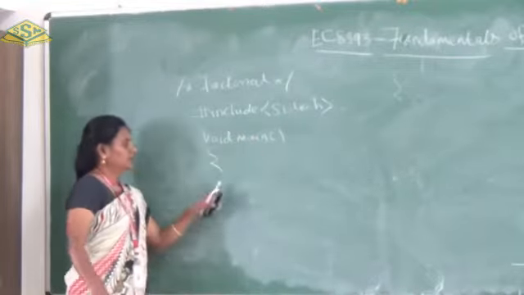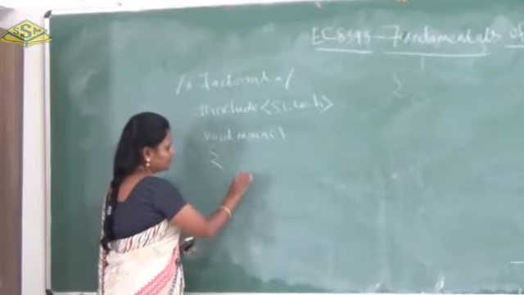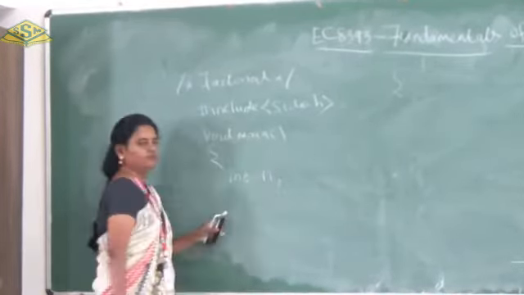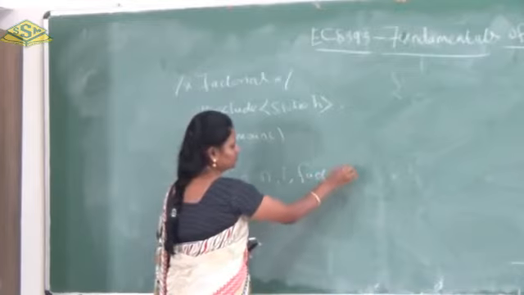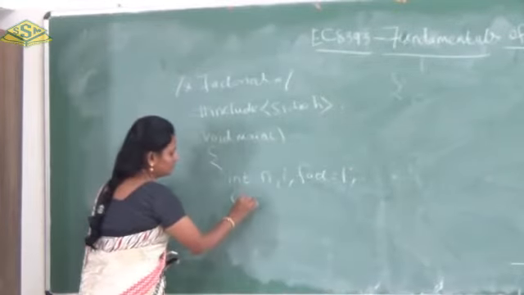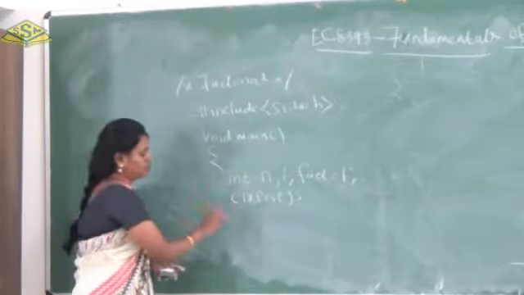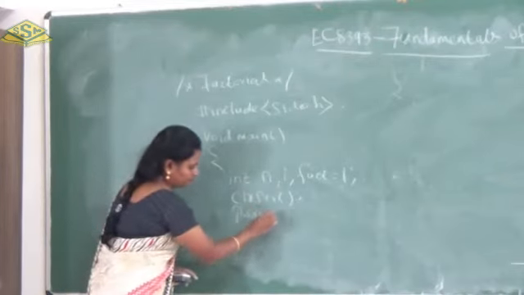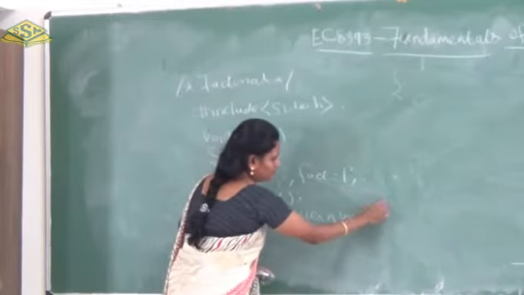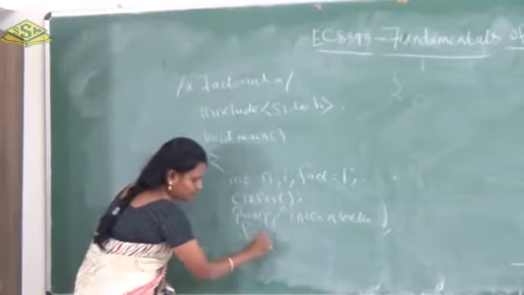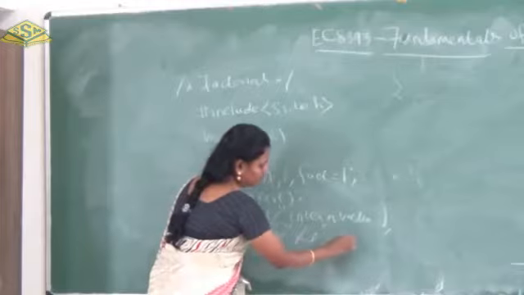For finding the factorial, here I am going to use the for loop. So I am going to declare the n value, then the i value, then I am declaring fact is equal to 1. Then we have to give clrscr. As usual, we have to get the n value. So printf within double quotes, n value. Then scanf, in scanf we have to get the n value with %d, then ampersand n.